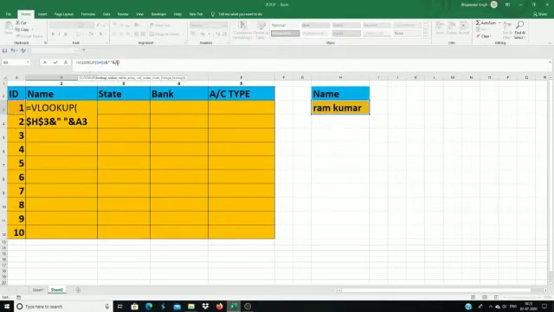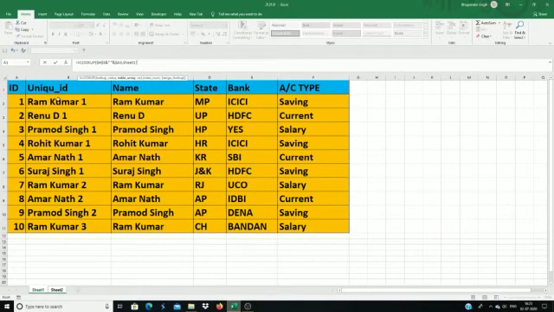This time we will freeze only A, not 3. So our lookup value is completed. Second parameter is table array. For table array we have to go back to our Sheet 1. So guys,